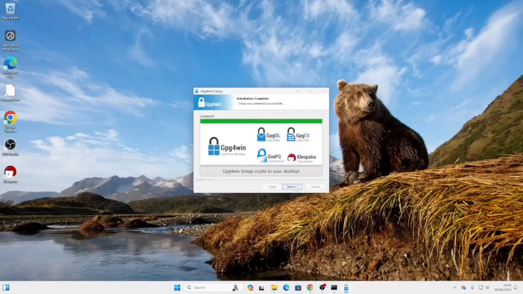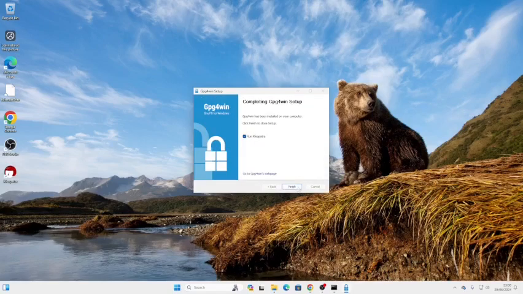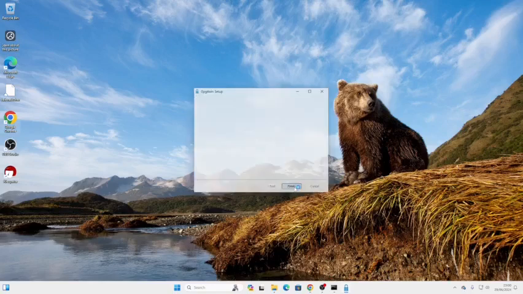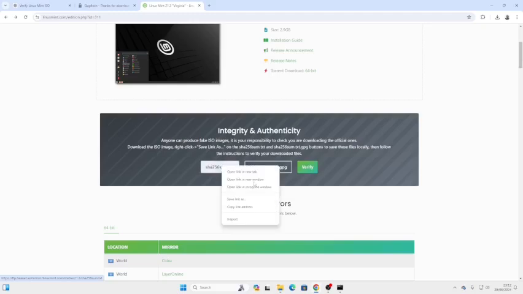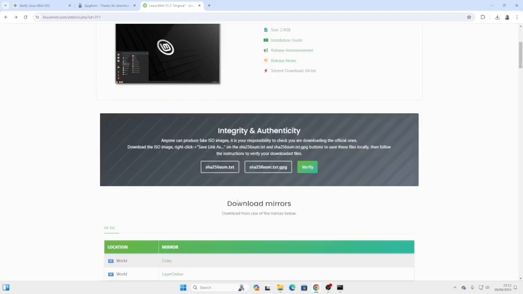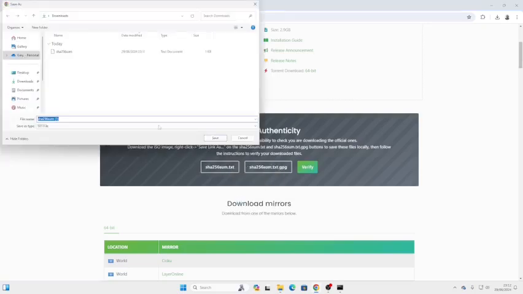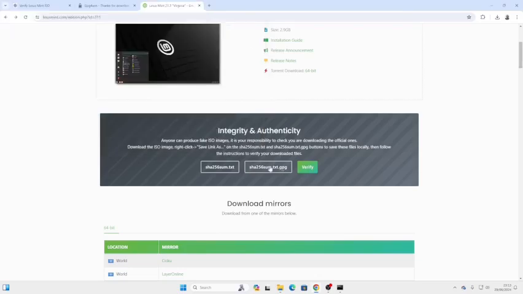So now click next again, and then if we press finish, it will run GPG for Win. Okay, so if we go back to the Linux Mint website now that we've installed GPG for Win, what we're going to do is right click on that and save link as. And you see I've already done it, but you just hit save, and then if you right click on this we do save link as,